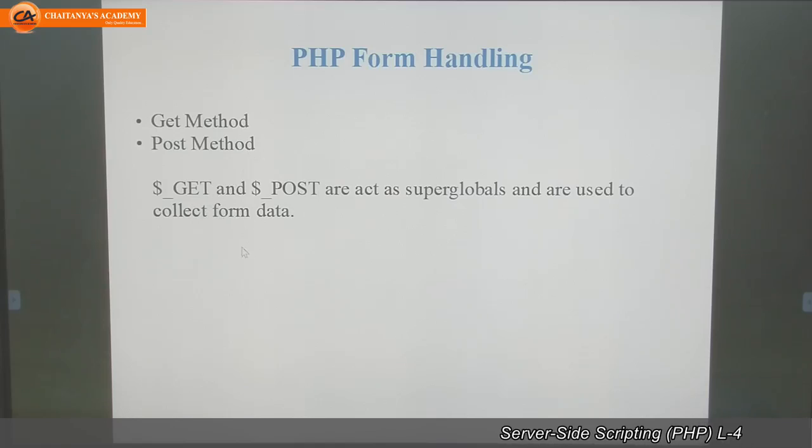So this is the main difference. In PHP form handling, we use two methods: first is the get method, second one is the post method. When we use these methods in a PHP file, we are using the variables get and post, which act as super globals, and these are used to collect the form data.